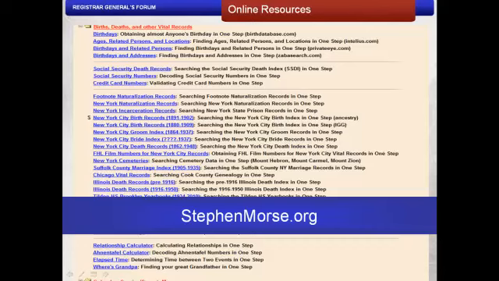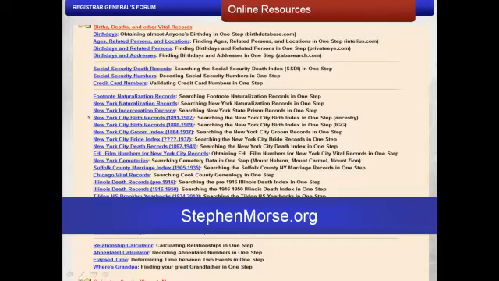Stephen Morse holds a doctor's degree in electrical engineering, designed the Intel 8086 precursor to the Pentium processor, and patented the one-stop portal for online genealogy, which he makes available at stephenmorse.org. In addition to the usual links to resources, databases, and websites, he specializes in applications for genealogy search tools. He has useful applications for the newly released 1940 census, tools for finding living relatives, and even a relationship calculator.